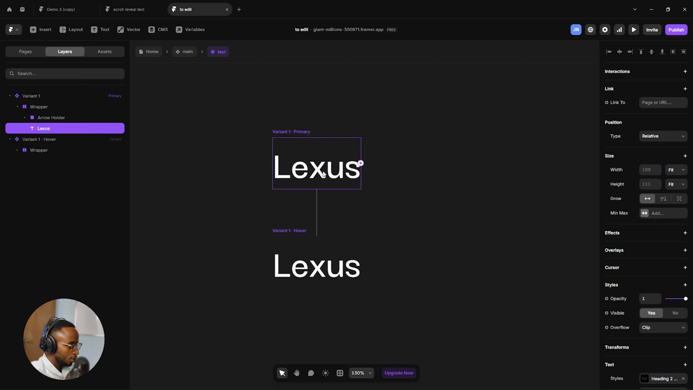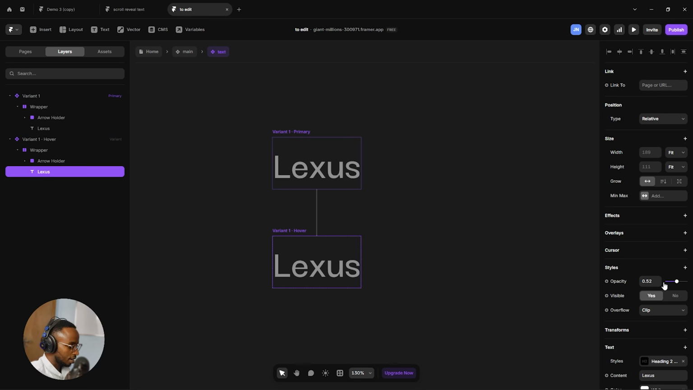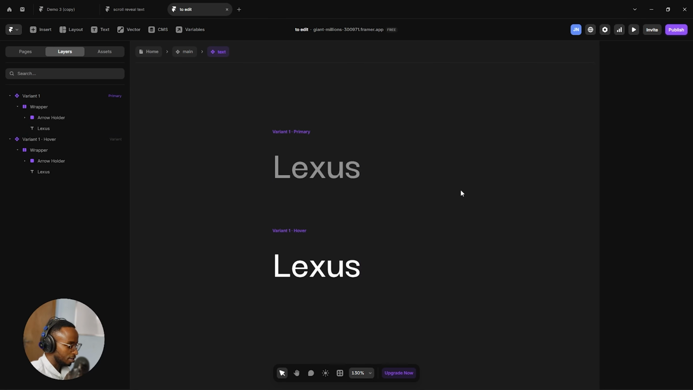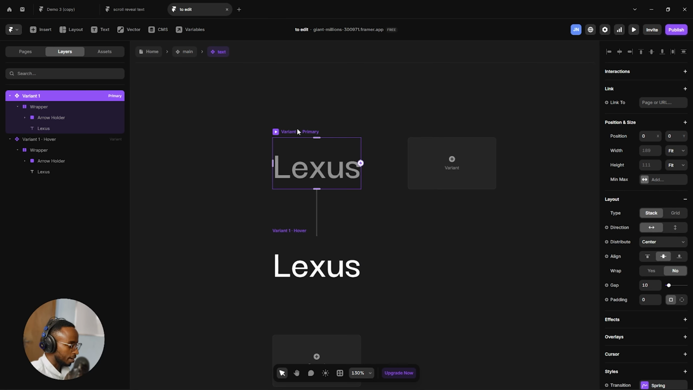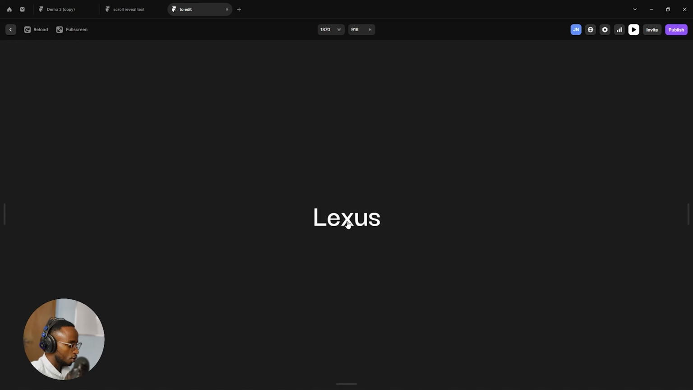So I'm gonna come to my text here, which is a Lexus, and I'm gonna give it an opacity level of 0. So make sure you can come here and drag it to around 0.52, and then you're gonna go to the hover text and you just need to bump up the opacity and give it like a full opacity. So now when I hover inside, you can see we have this nice transitioning from the primary